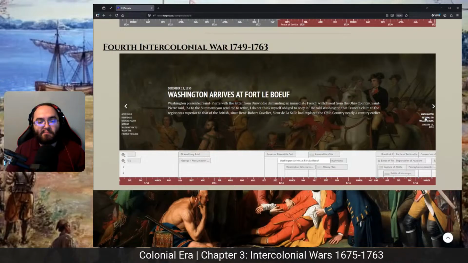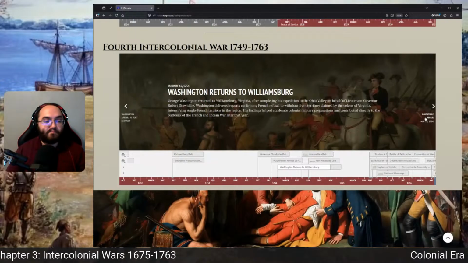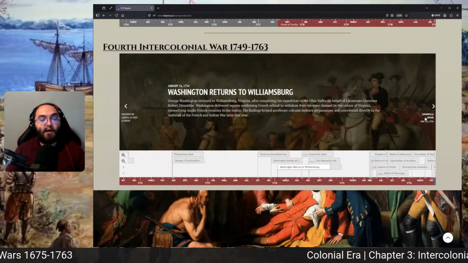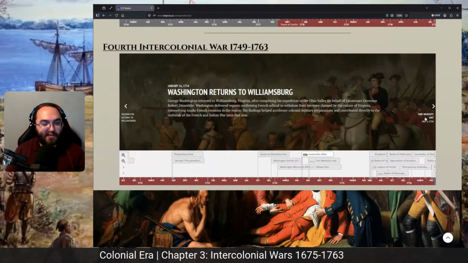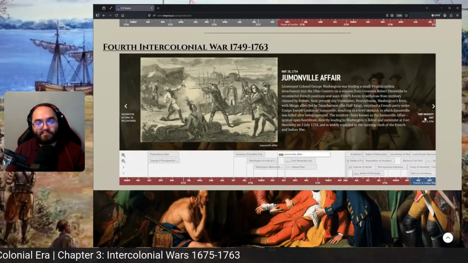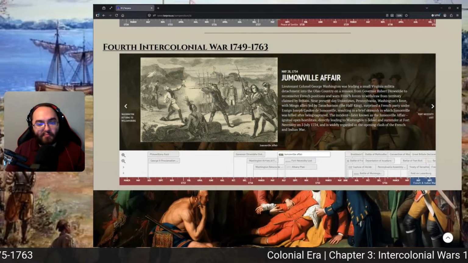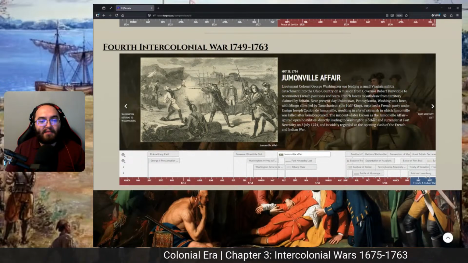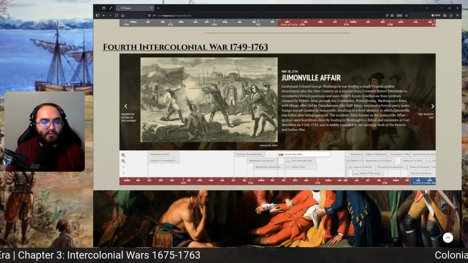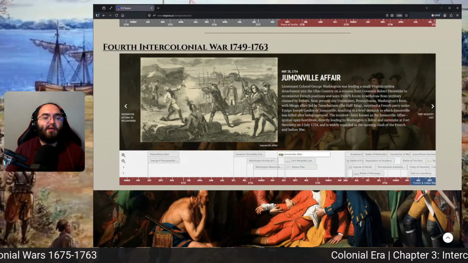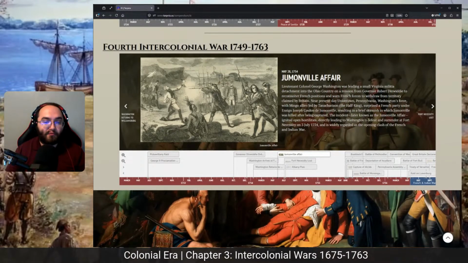And Washington will return to Williamsburg, and he will become famous for this. But he becomes even more famous for his second mission, which is going back to the French, telling them to leave again, and the French diplomat is killed by a Native American. In this engraving, it shows a colonist killing the French diplomat. It was actually a Native American who killed the French diplomat, and it's called the Jumonville Affair, and this happened